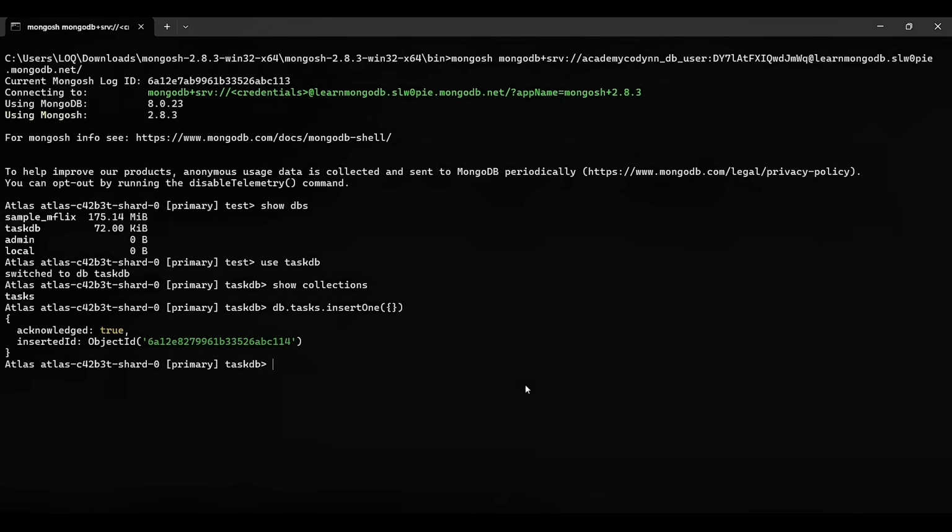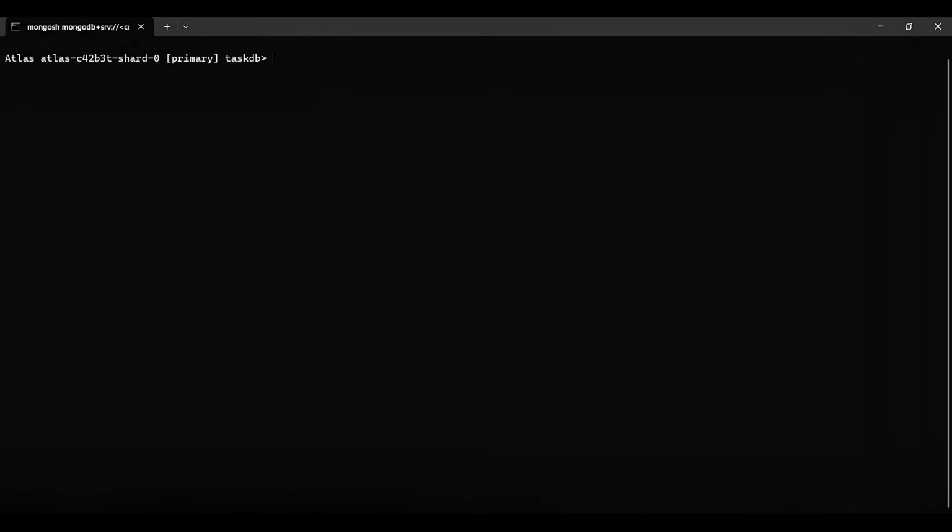Back in our mongosh, db.tasks. We used insertOne to insert one document, and we can insert many by using insertMany. Enclose this inside your parentheses. We can insert many documents by using db.tasks.insertMany. For this, you have to provide an array of documents that you want to insert. So open your bracket for your function, and I'll open the bracket for an array. Inside the array, the first